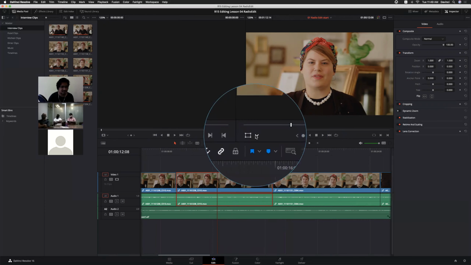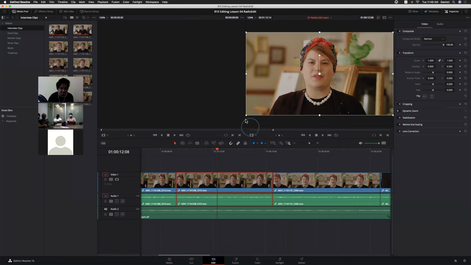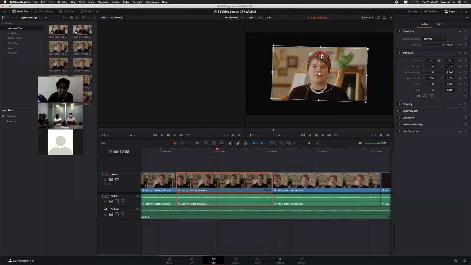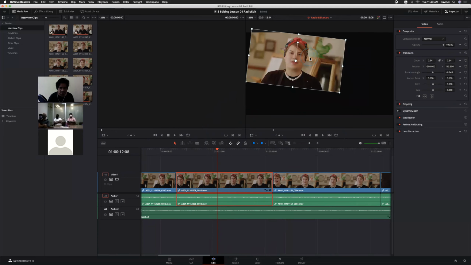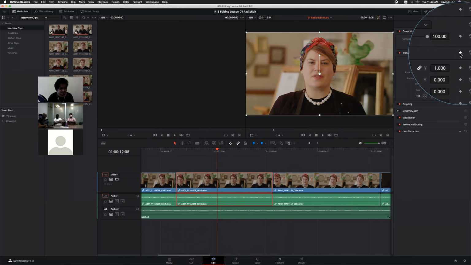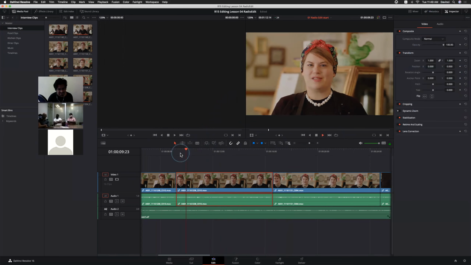And if you want to access the on-screen controls for transform, you will find it here, in the corner of the timeline viewer. Select the transform. From here, we can adjust all these options: transforming, scaling, positioning, and everything. Right? So if you want to animate this, we can always add keyframes. You can add keyframes to a particular selected parameter, or we can add keyframes to all the parameters.